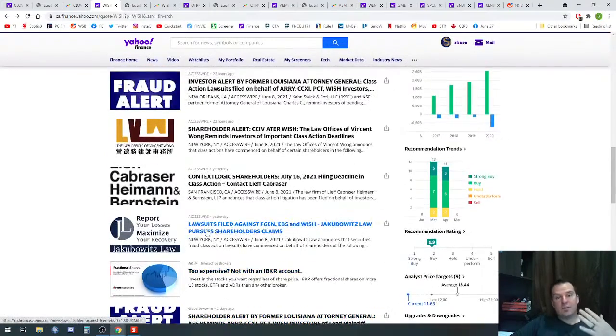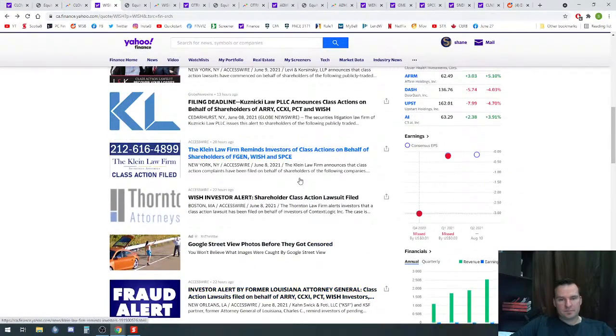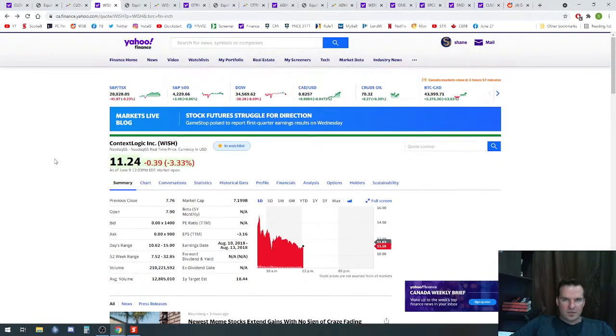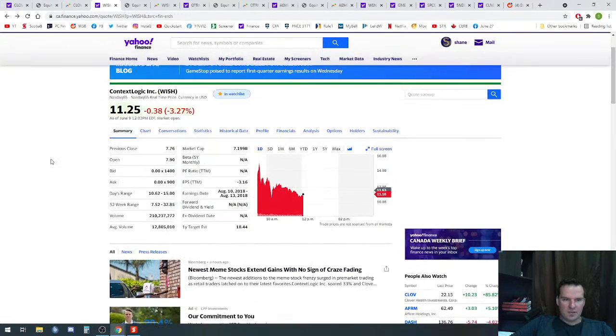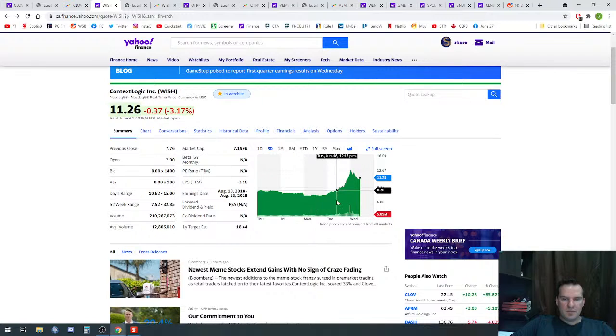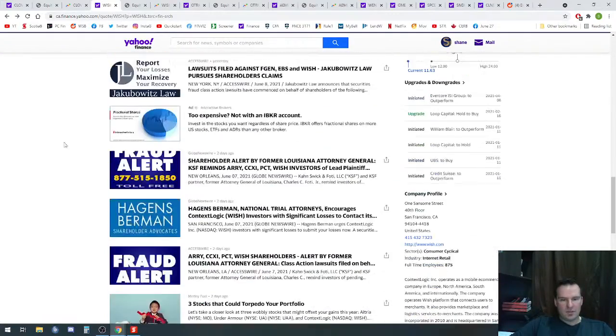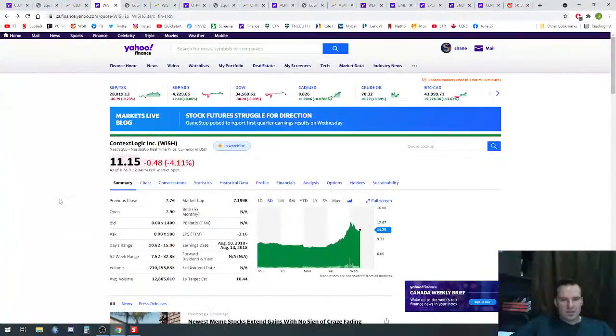As far as catalysts for it to go up, it's riddled with lawsuits. So you generally don't want to buy into a lawsuit. Sometimes it's not a big deal. Sometimes it is. Wish became kind of a meme stock yesterday, and it got bought quite heavily. So it got pushed up by people for no real reason. Like, it didn't have an actual catalyst to shoot up. Unless you think a bunch of lawsuits are catalysts. So it didn't have a real good reason to go up, but people pushed it up as a meme